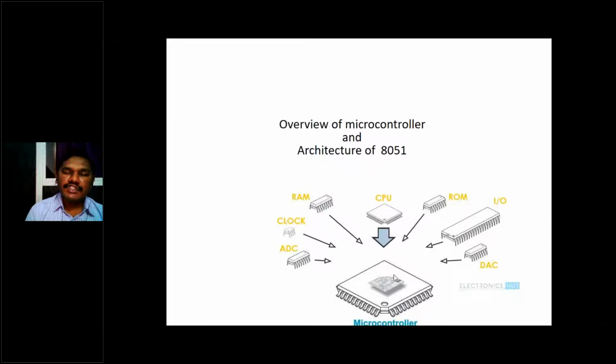It means inside this chip, it has ADC, DAC, clock, RAM memory, CPU core, ROM memory, I/O ports, and all these are required to design an application or a computer. That's why a microcontroller is also called a mini computer.